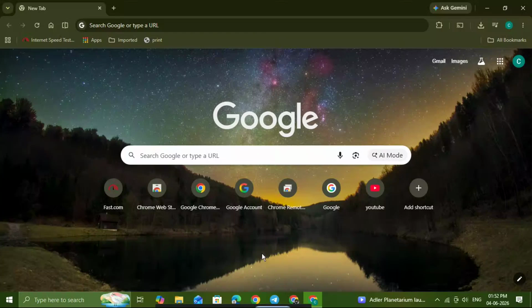If your Google Chrome browser has been acting weird, running slowly, showing unexpected pop-ups, or just not working the way it used to, resetting it back to the default settings can be a really helpful fix. In this video, I'm going to show you exactly how to change Google Chrome settings to default settings in just a few simple steps. This is a quick and easy way to restore Chrome to its original state without having